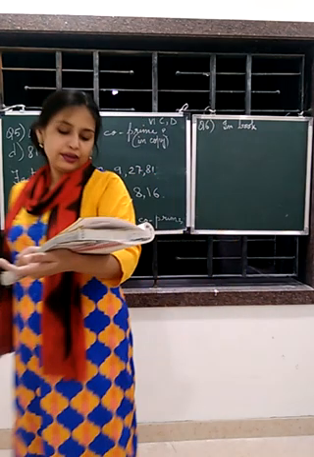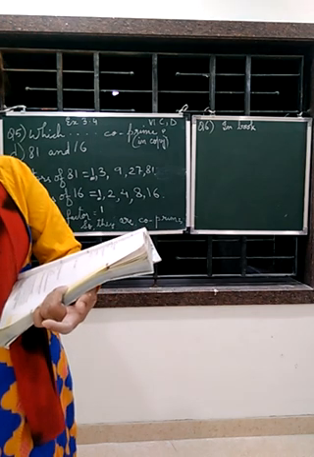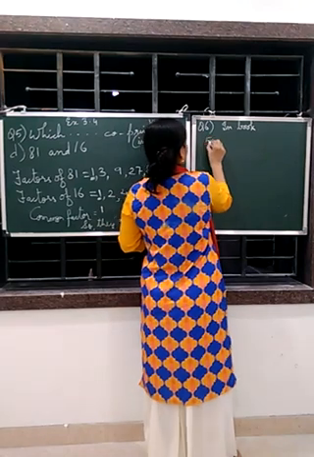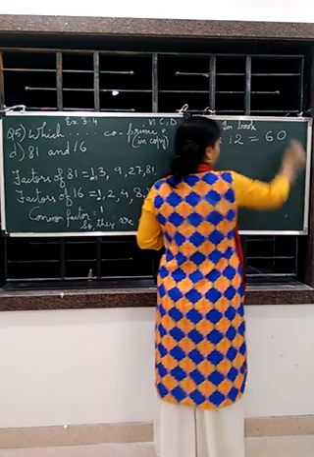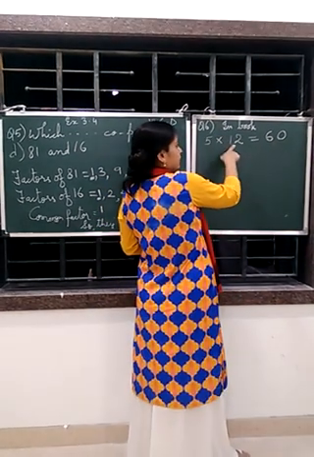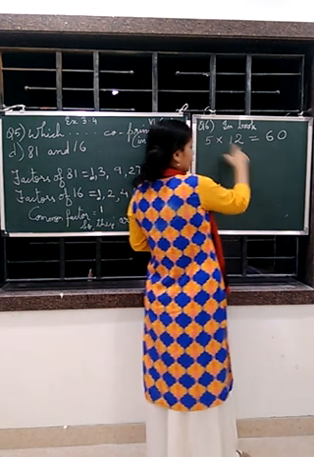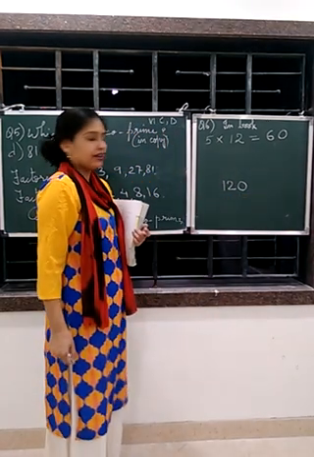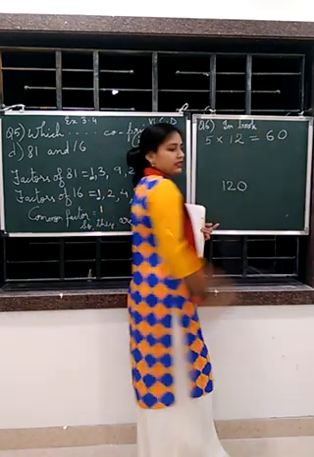In the book: a number is divisible by both 5 and 12. So by which other number will it also be divisible? If a number is divisible by 5 and by 12, it will be divisible by 60 also. Okay. So, the answer is 60. That means if a number is divisible by any two numbers, then that number is divisible by their product also. For example, 120 is divisible by 5 and it is divisible by 12. It should be divisible by 60 also.